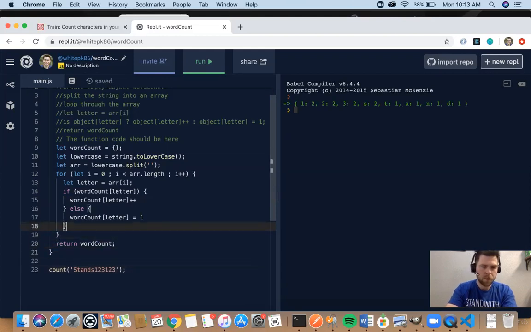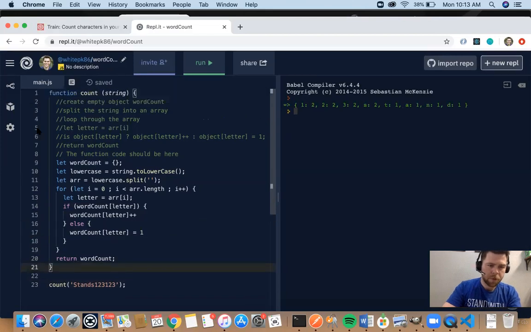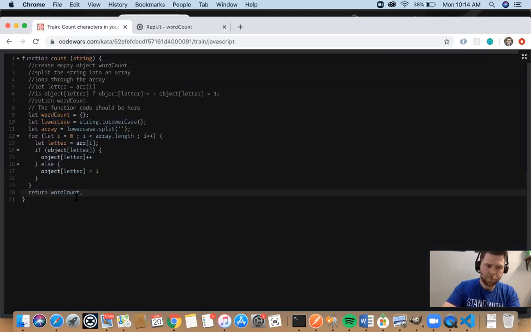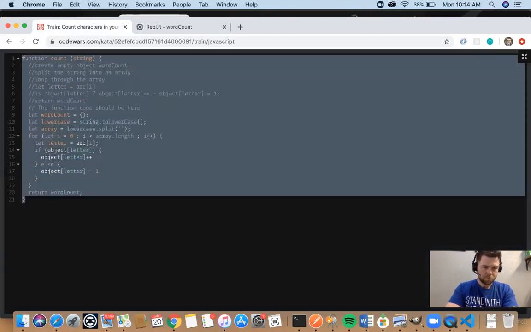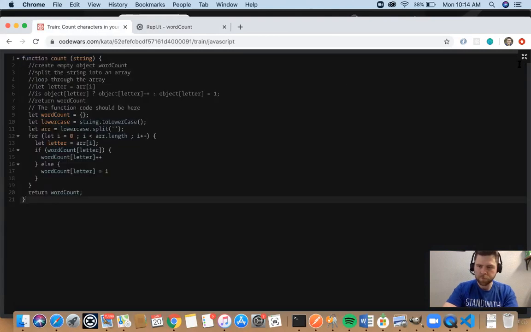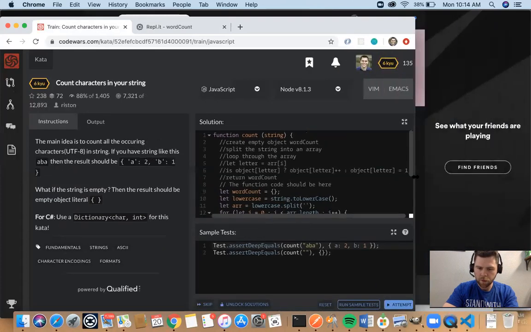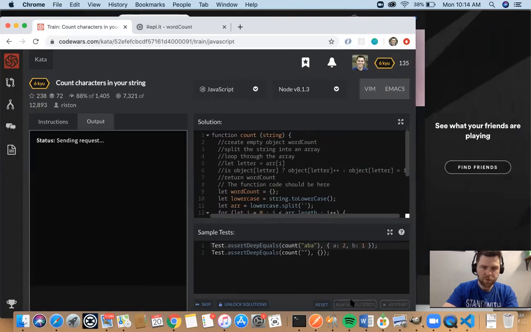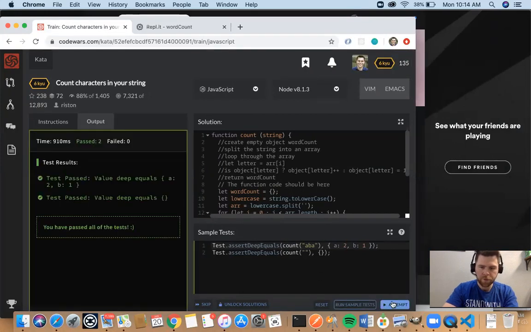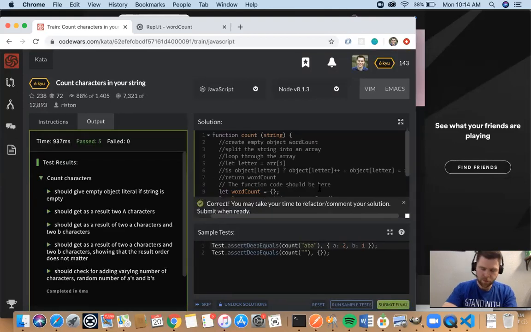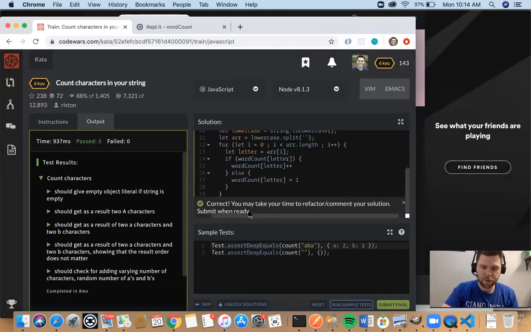That seems right. Yeah, that seems right to me. Let's see if that's what they wanted. Okay. Run sample tests. It passed. Let's attempt it. Woo! All right. Yeah, that was a lot easier than the last level 6 kata I did. Maybe I did the level 5. I don't know. All right, refactor.